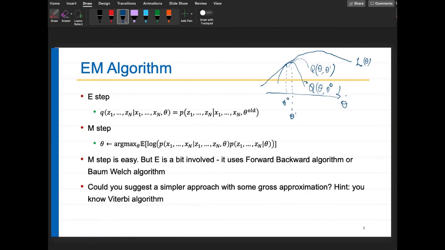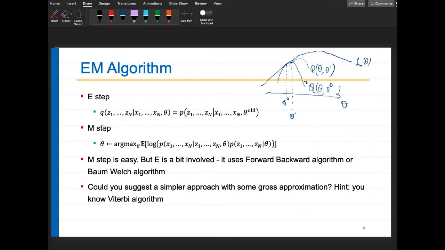Okay, that's how you proceed towards the global maximum or whatever. It might not be optimally global, but a local maximum, but you can analytically find the solution at every step, right? Okay, this is the Q step. So now you have to compute this probability of z given x. It is not easy to compute. Well, it is easy, but not straightforward. Okay. But we will come back to this.